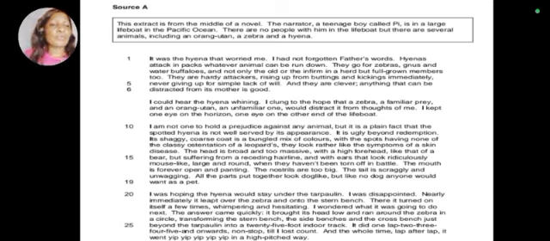And not only the old or the infirm in a herd, but full-grown members too. They are hardy attackers, racing up from behind, bolting and kicking immediately, never giving